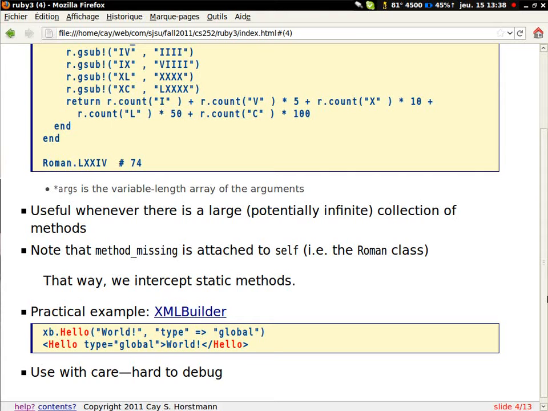So here's the builder XB, and then I call the method hello, and it has as parameters world and type to global. And in this case, the hash map that comes here turns into the attributes of the XML. And so the method hello turns into an XML tag hello. The stuff that goes inside becomes the child of this. And so there's a whole language where you can nest more things inside here, and you can write your XML